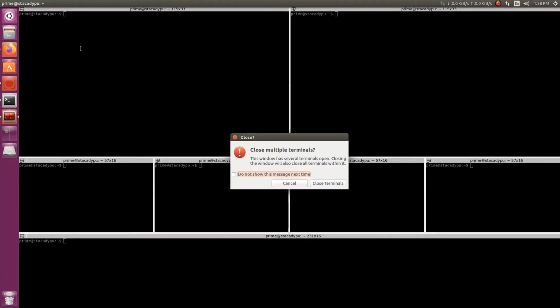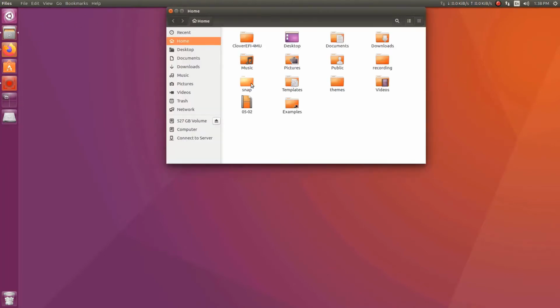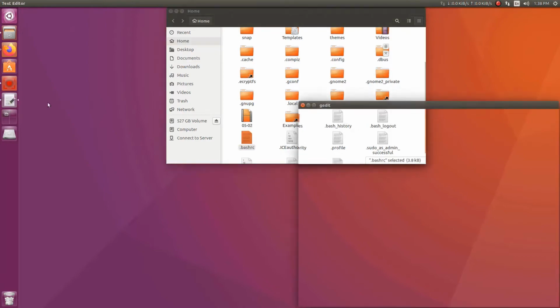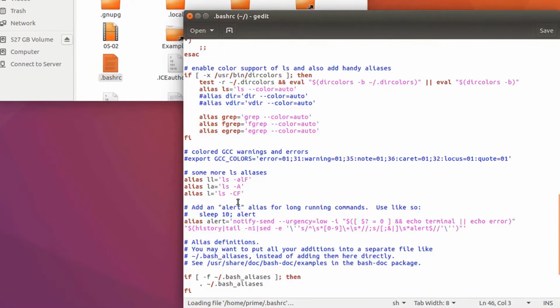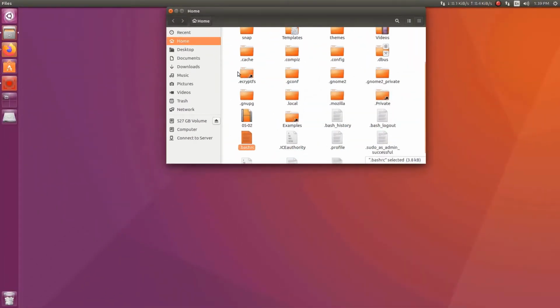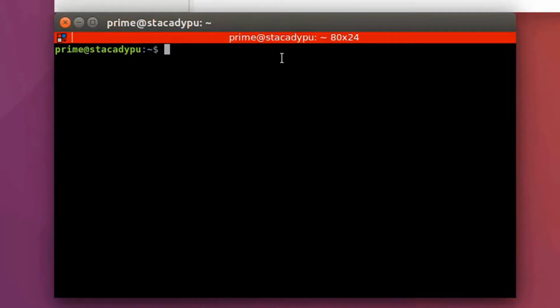One more thing I would like to add to this is go to your home folder and press Ctrl H. This will show all the hidden files. Search for .bashrc and open it. Then press Ctrl F to find in bashrc and look for force_color_prompt equals yes, and remove the hash to uncomment it. Save the file, and now when you open a new terminal, you can see the color of the username turn to green. You can even play with other colors by going into preferences. I will change mine and get back to you.